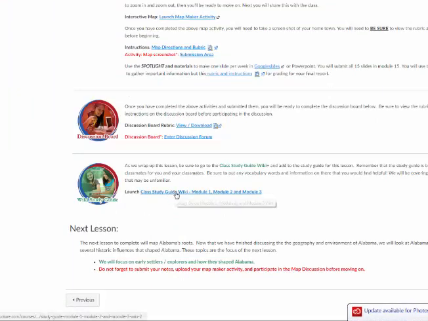And once you're done with that, then you can come here to the study guide wiki, an area that allows you to participate with all of your other classmates in a group activity where you can put some of your notes. It says wiki module 1, module 2, module 3. You will be compiling a study guide for the test and everybody can contribute to it. So there are a couple interactive activities that you and your classmates can do, and that would be this study wiki, the discussion board where you can all share your own opinions, and then some of the other activities. And then you'll go to the next unit,